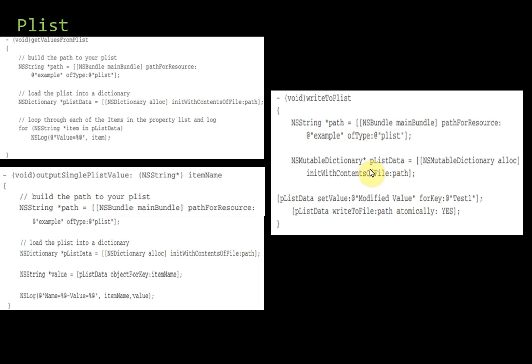Okay, and the third function they've given is for when you want to write to the plist file. You want to write some data into the plist file. In that case, here is another function that is written, that is write to plist. Again, just see the starting line here. This is the same thing.